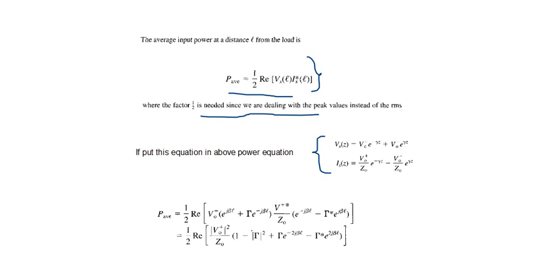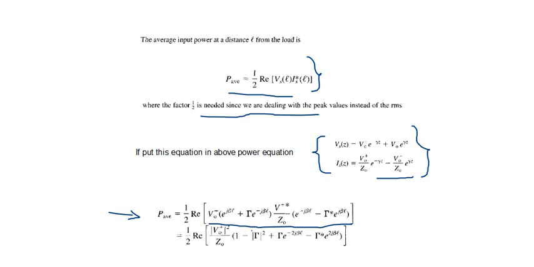So now if we put the equations which we derived in our previous lecture of V and I, it is nothing but Vs of Z which is equal to V0 plus into e raised to minus gamma Z plus V0 minus into e raised to plus gamma Z, and Is of Z is equal to V0 plus upon Z0 into e raised to minus gamma Z minus V0 minus upon Z0 into e raised to gamma Z. Then the simplification gives us the equation of the average power equal to 1 by 2 into the real component of